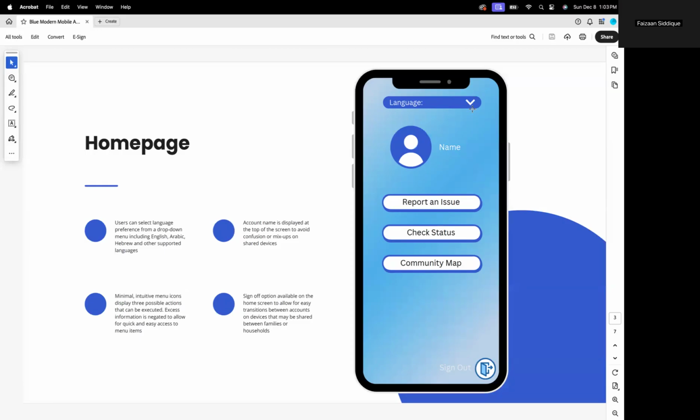So once logging in, users will be able to firstly select a language at the top of the screen using this down arrow. This down arrow will select a drop-down menu of available and supported languages. This is because in the Gaza region, there are different languages spoken, including English, Arabic, Hebrew, and other minor languages as well. So the app will be able to support different languages and be able to set the interface up